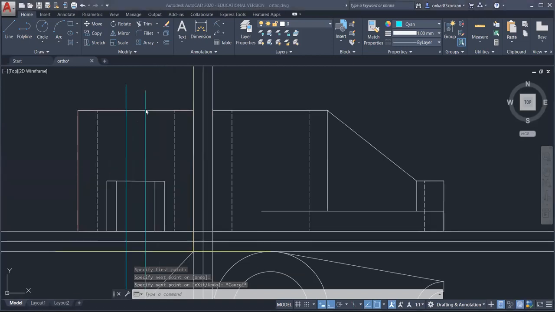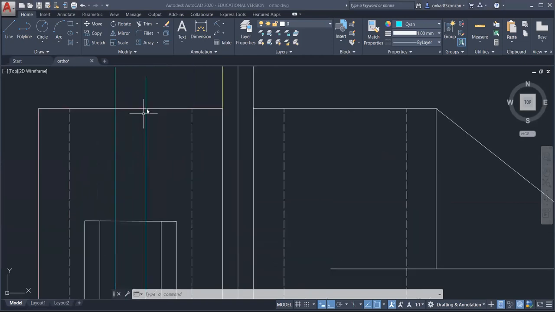Okay, and now just draw the vertical line on this line. So that will start from this point and it should end up to this point.